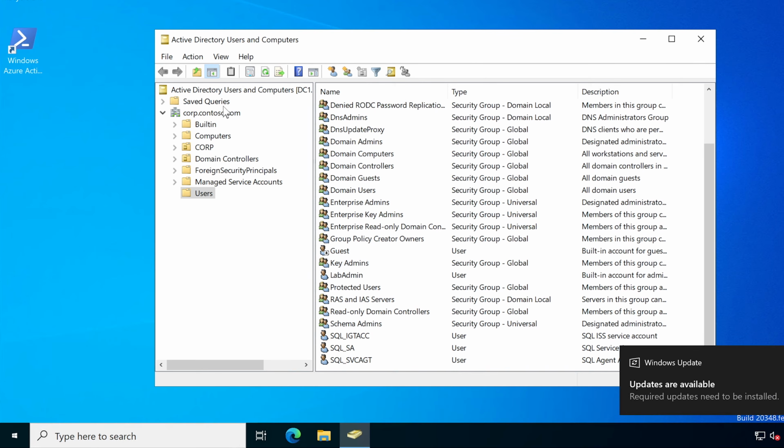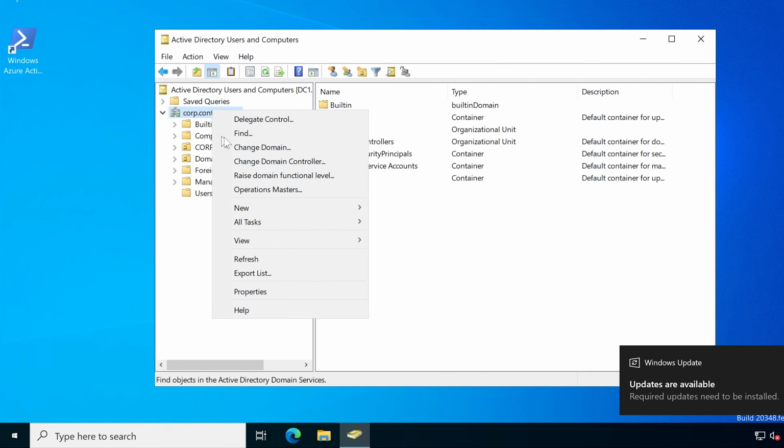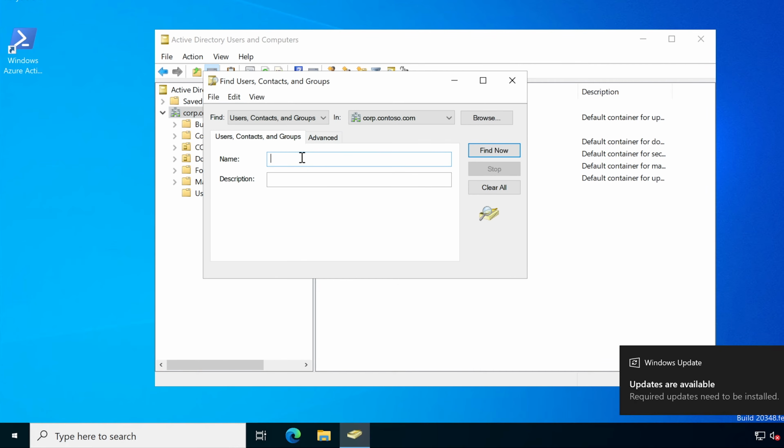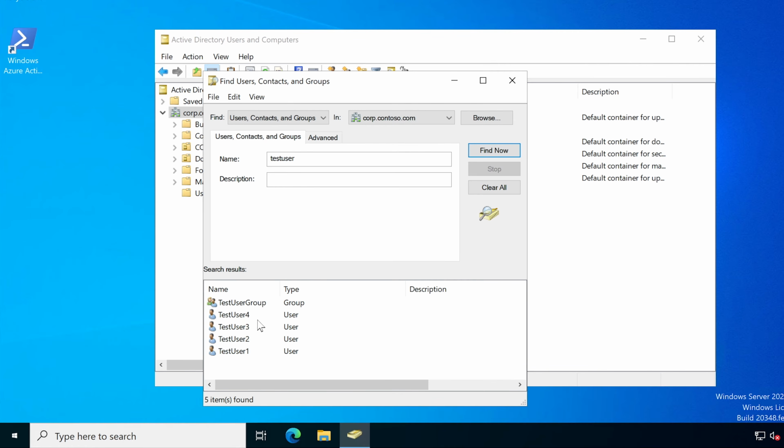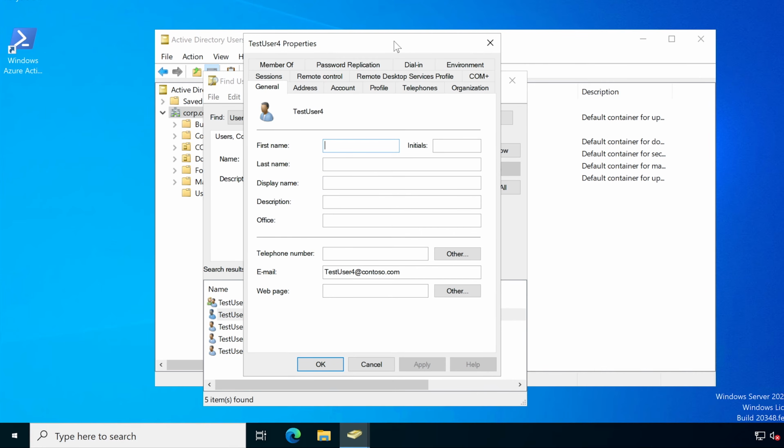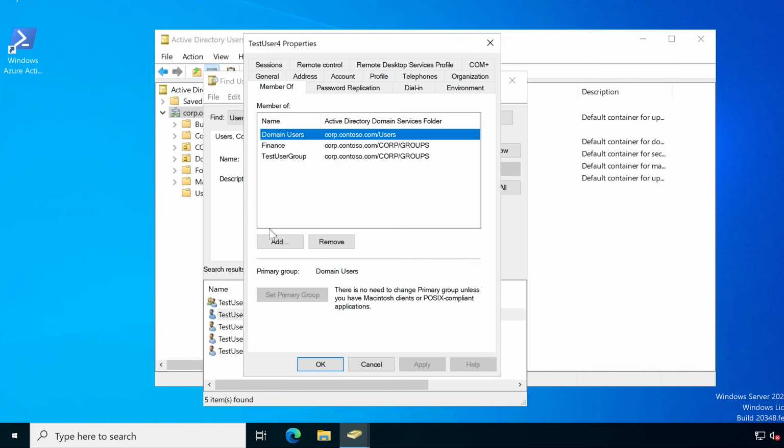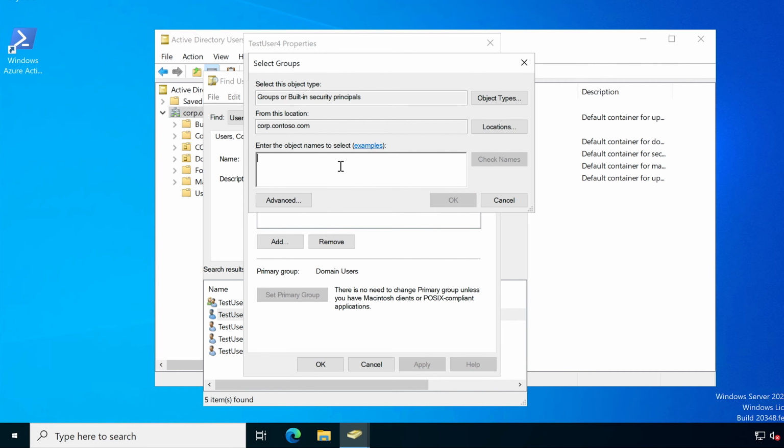So you can simply search for the user, right click your domain, find user, and I think I have test user in here somewhere. Test user, here we go. Let's pick this one here. And then if it's created like this, you can go to member of, select add, and then you would type in